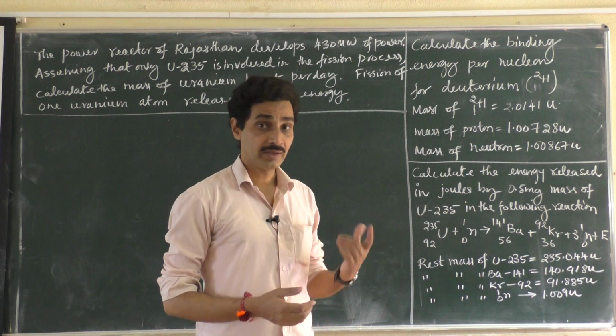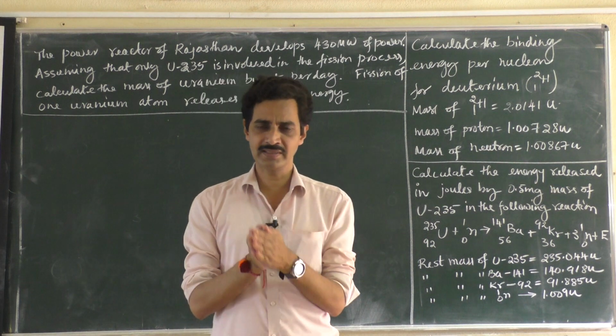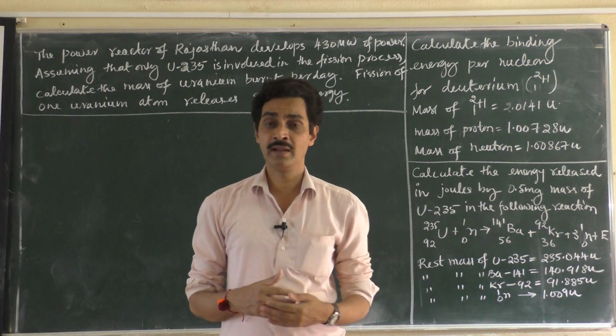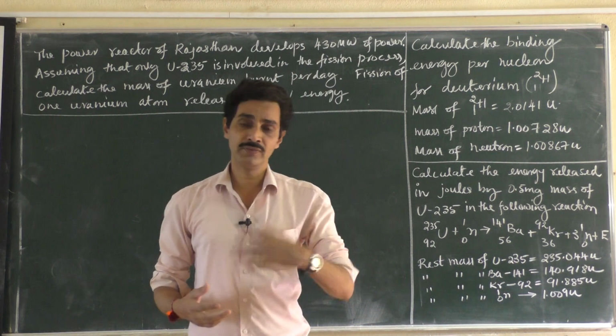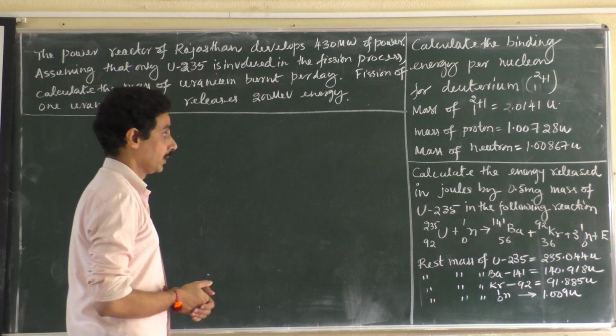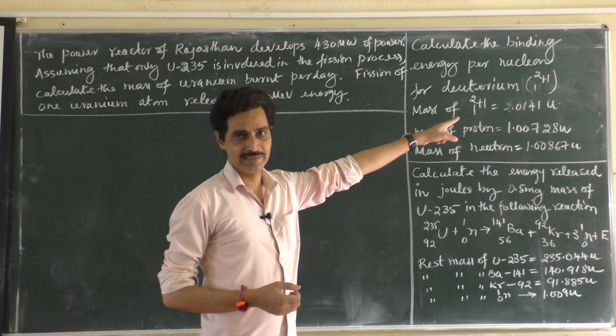So now we will work out some problems: how Einstein's mass energy relation must be used, and how to calculate the binding energy if mass is given in atomic mass unit, or if it is given in kg and all. So we will go one by one. Here we have three problems. We will have to work out one more, and we will start from this problem. This will be the easier one first.